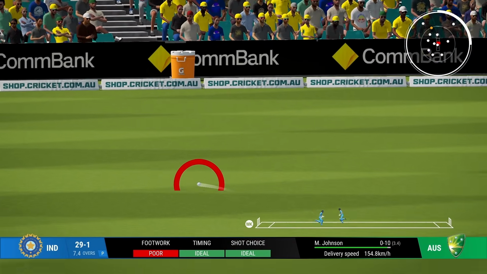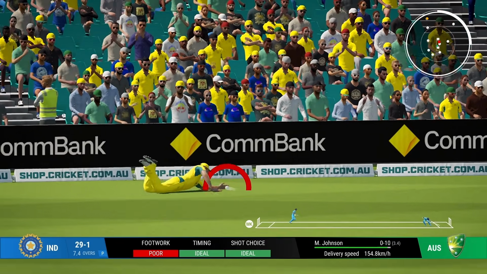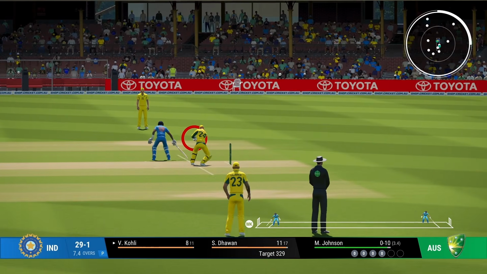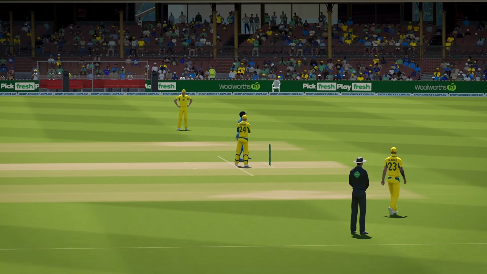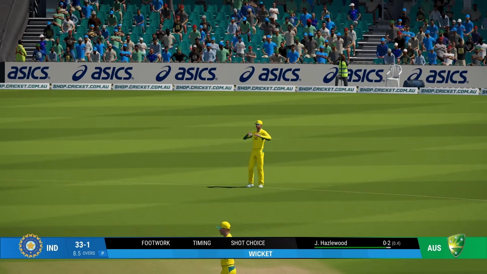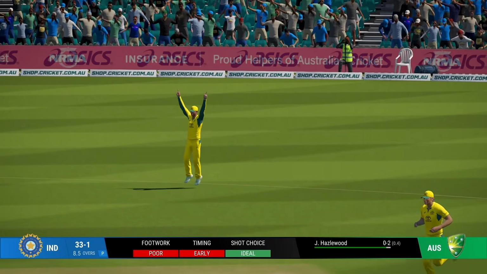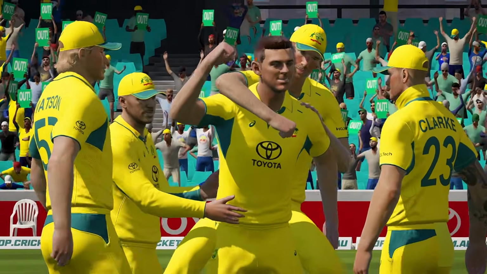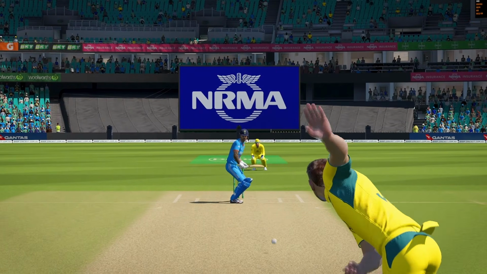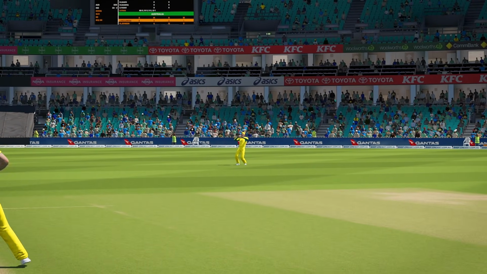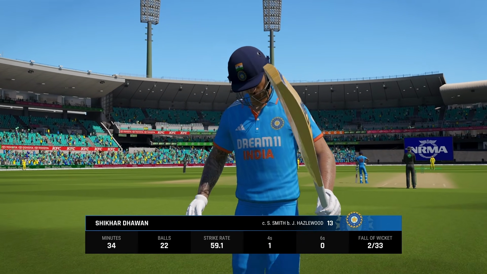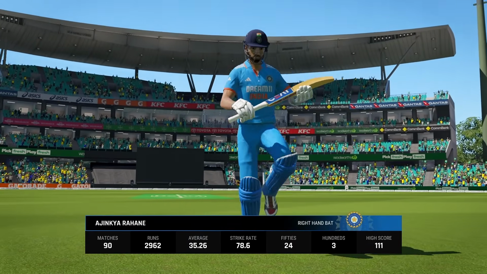Short ball, glided that to third man, but even that will be cut off. Runs have not come easily, especially boundaries. Cut. Oh no, that ball. Some tennis ball like bounce after 2 bowlers who bowled above 150 most of the time. This was just much slower. I've gone for a late cut. It's got a top edge almost and gone straight to that fielder who didn't even move. That's unlucky. Dhawan goes for 13 and we are in a lot of trouble. We still need 300 runs. Rahane comes in.